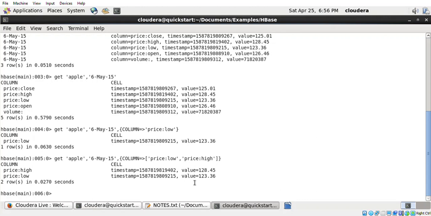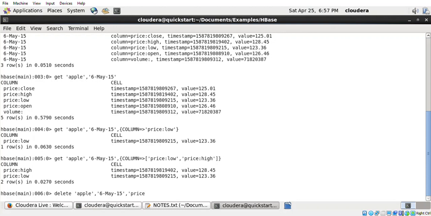Next, if you have to delete a cell, then you have to give the command delete. Then you have to type the table name. Then you have to give the attribute value. Then you have to give the price is low.